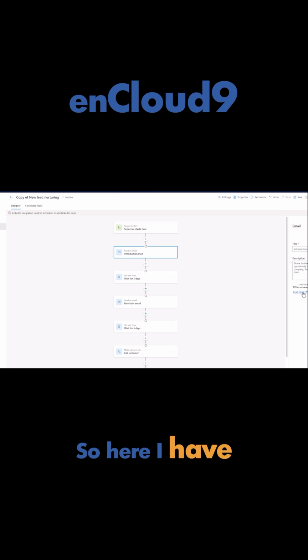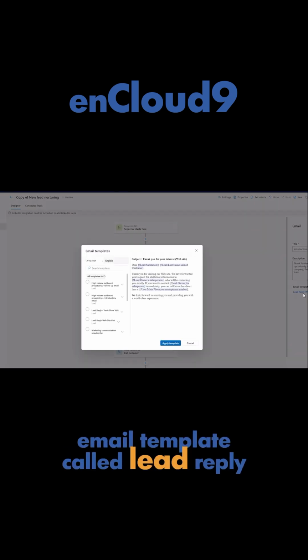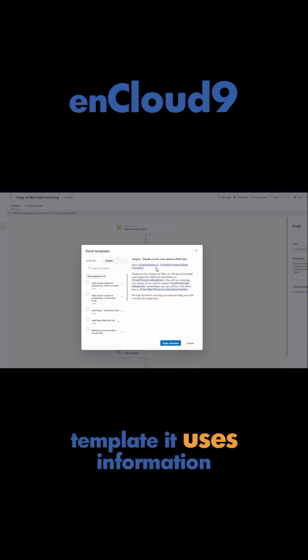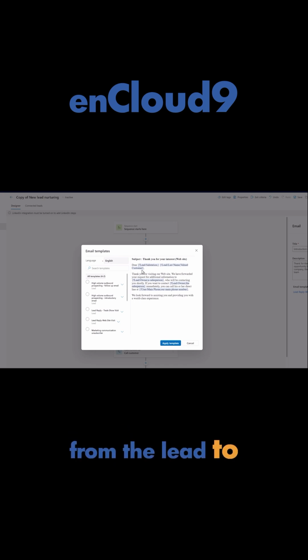So here I have an email template called lead reply, and when a website visit happens. And this is a simple email template. It uses information from the lead to make this a personal